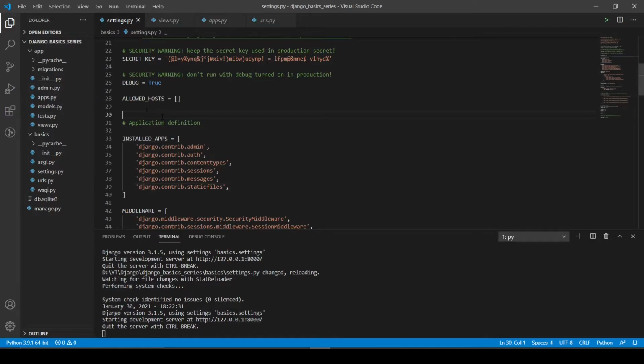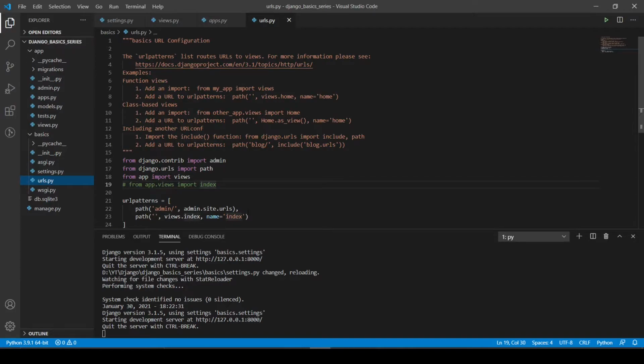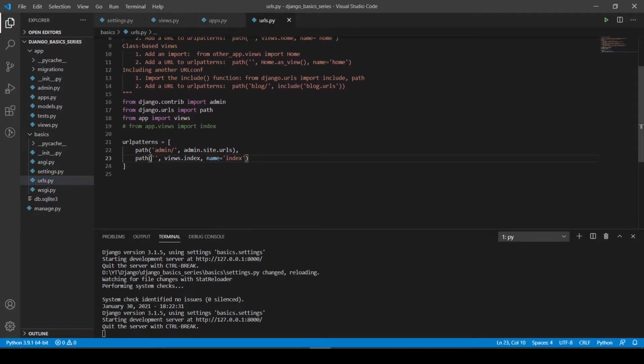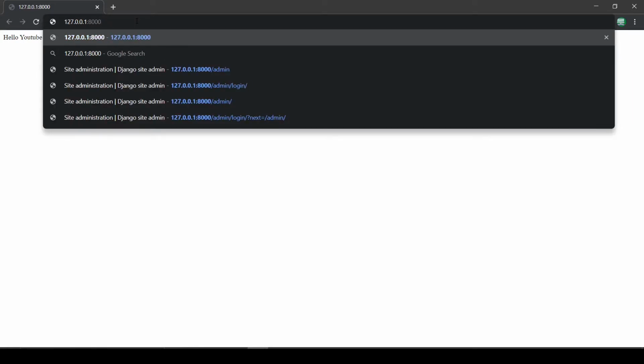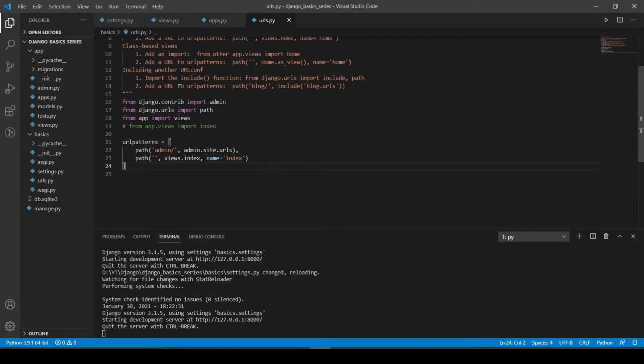What we will do in this video is this: in the last video you saw I used an empty string here for the URL. In case you have multiple apps and want to show them at different URLs, right now it is an empty URL, but I may want to go to app/add, remove, delete, or show a list like app list. If you want to customize any URLs here, how will you do that?